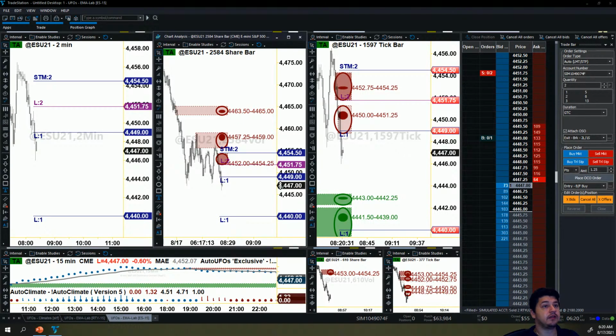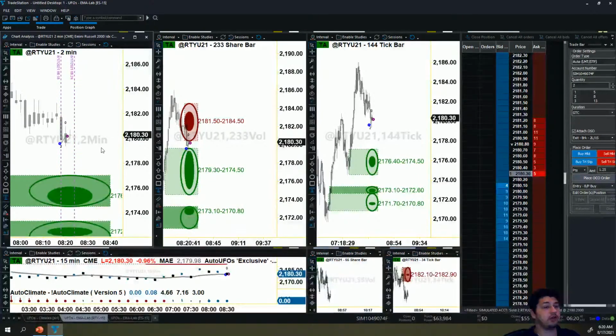Okay, so let's see how things are looking now. 2180 is currently the moving average. So that's definitely not going to be working out unless we get a new UFO. Let's say we get a pop up here. If we get a UFO here, then this trade will be back on with the new UFO, and there's a good chance that the stop will still have to be below this UFO and below that UFO. So we're going to see what's going to happen.